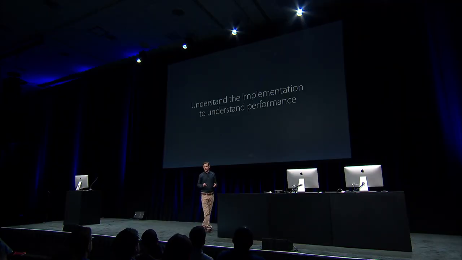Well, the best way to understand the performance implications of Swift's abstraction mechanisms is to understand their underlying implementation. So that's what we're going to do today. We're going to begin by identifying the different dimensions you want to take into account when evaluating your different abstraction mechanism options. For each of these, we're going to trace through some code using structs and classes to deepen our mental model for the overhead involved. And then we're going to look at how we can apply what we've learned to clean up and speed up some Swift code. In the second half of this talk, we're going to evaluate the performance of protocol-oriented programming.